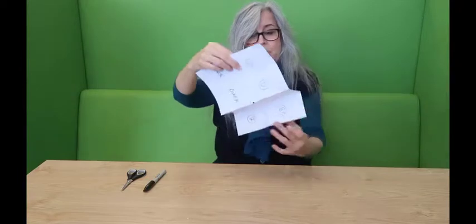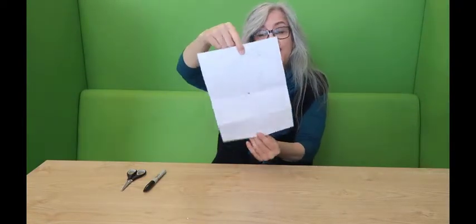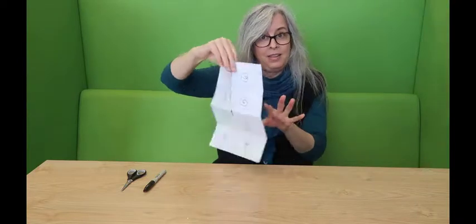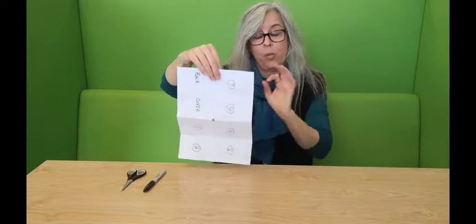Now, you'll see though, when we open this back up, let me get my pen out of the way. When we open this back up, they're all on one side of the paper. They're not on the other side. So what do you do with the other side? You can take an idea. Like if there are a lot of different things going on the inside of the book, you can take one